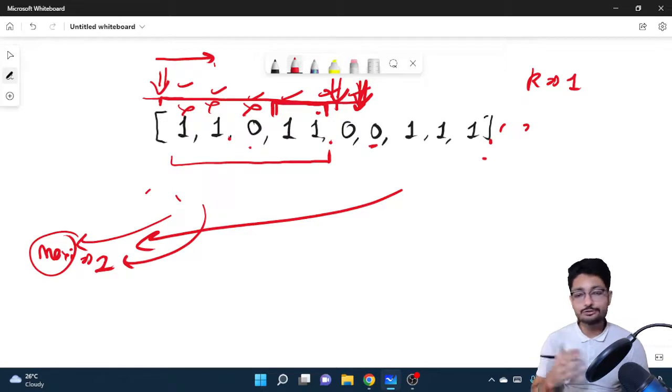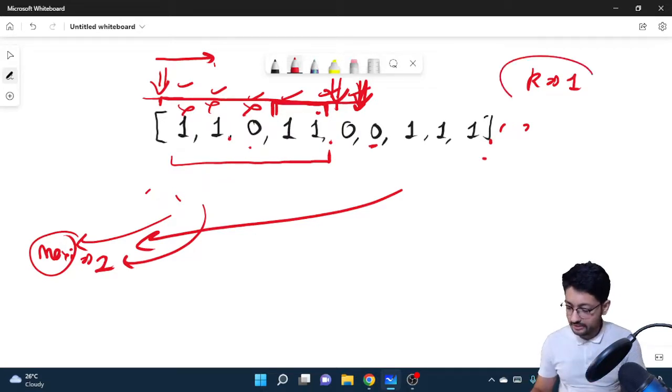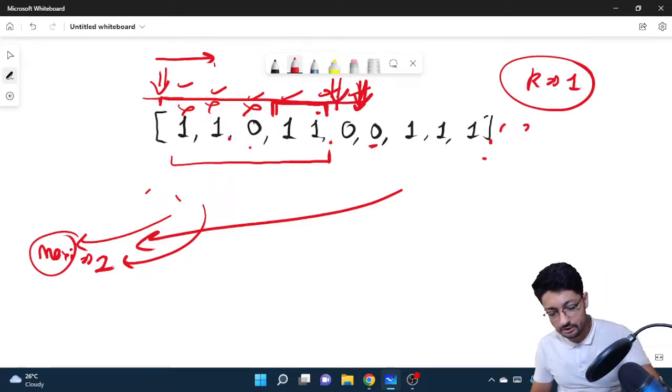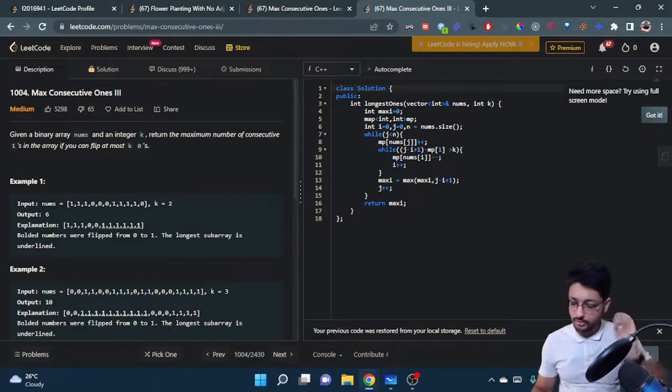So I just have to maximize all the segments, whatever the maximum segment I can get. The only condition is that k should be equal to 1. If it becomes greater than 1, I'm using a 2-pointer technique. So the left pointer should be moving on the right hand side till I again make the number of zeros less than k. Okay, that's the overall logic that we'll be using, and we have to maximize it over all the segments